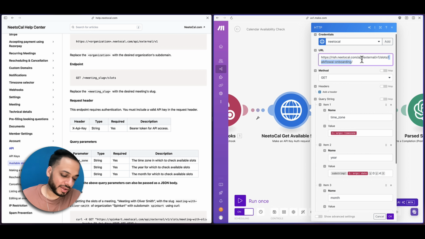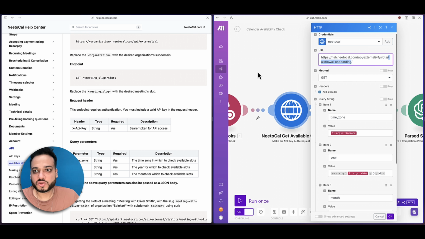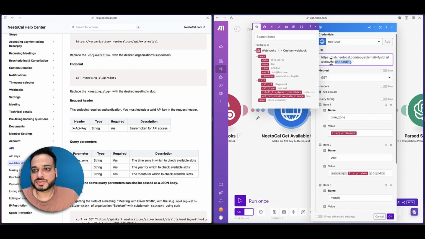Let me show you that as well. I go to NeetoCal, TalkFlow AI onboarding. This is called the meeting slug or the meeting link. Link is equal to slug in the language of the internet, maybe. So I use this particular slug inside my GET request URL, and we put that slug right here.